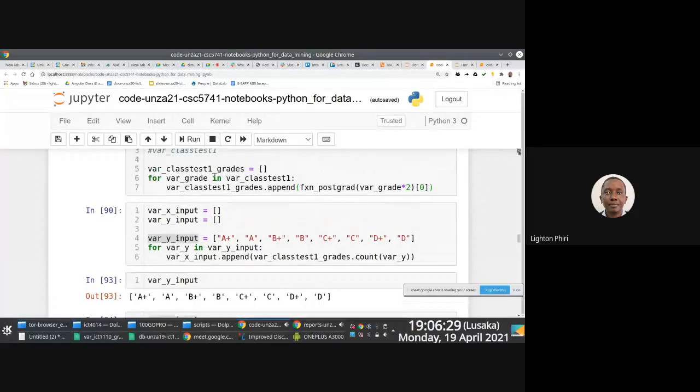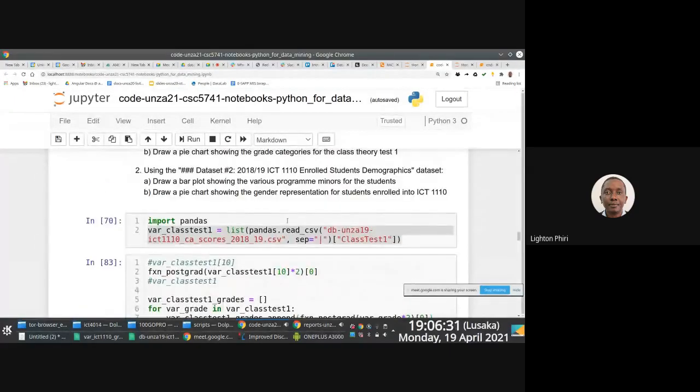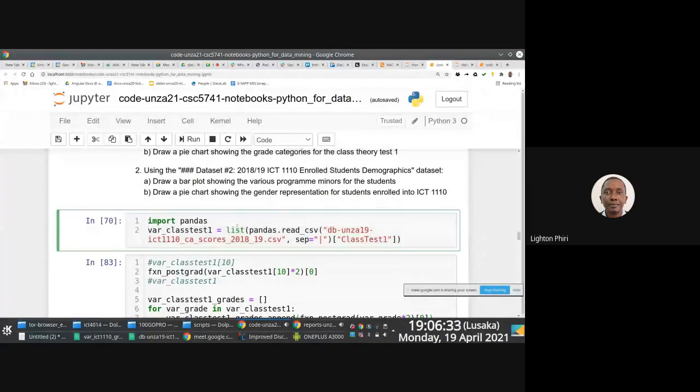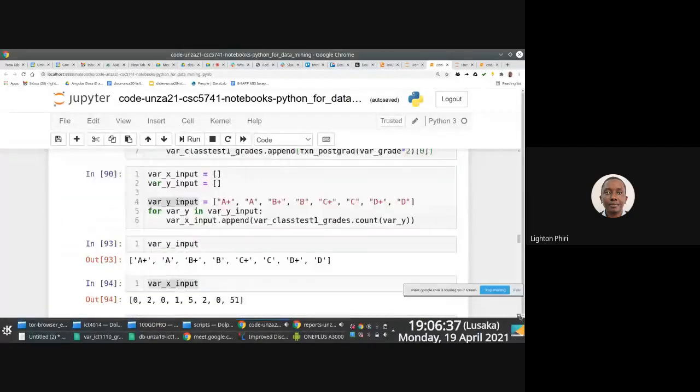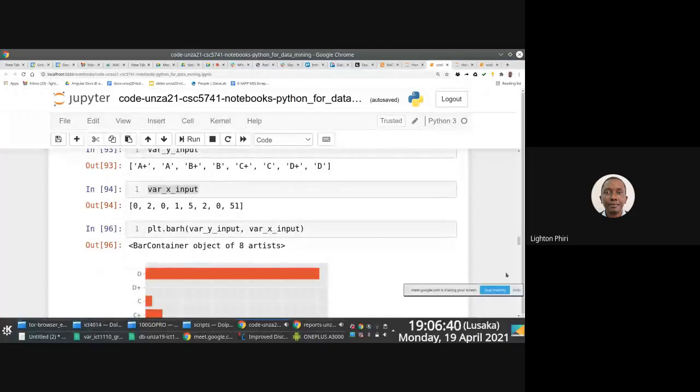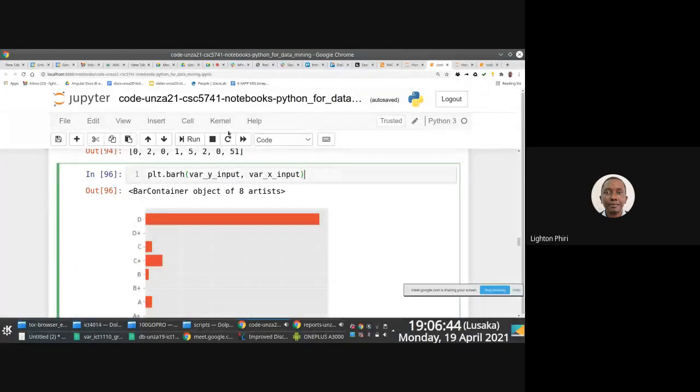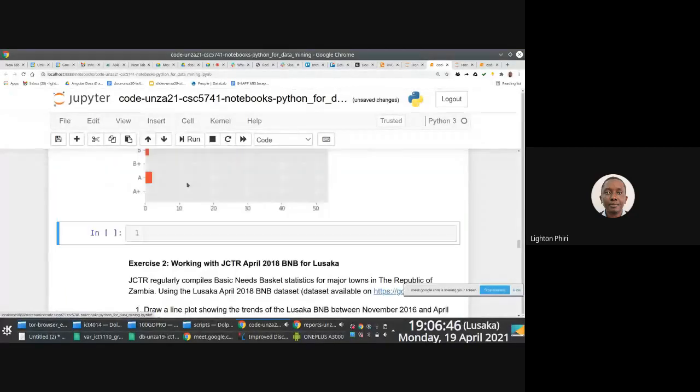group data, right? I'll showcase to you. Look at this. If you have this class test, instead of doing what I was doing here, where I'm looping all over the place and I have messy code in so many different cells, and then finally I graph this, what I could have done is I could have come here and said, well,